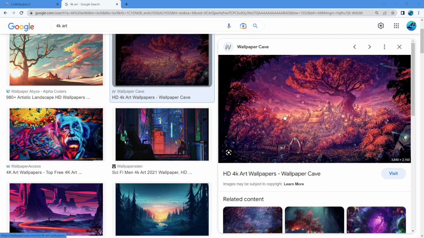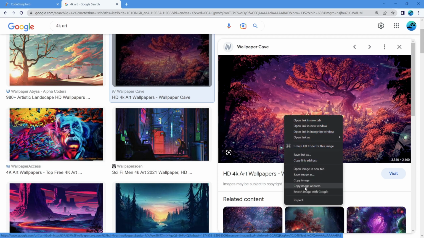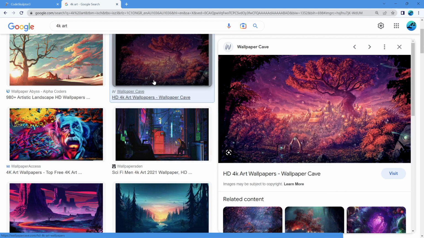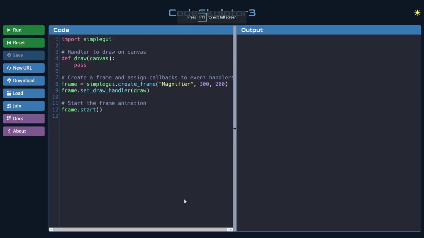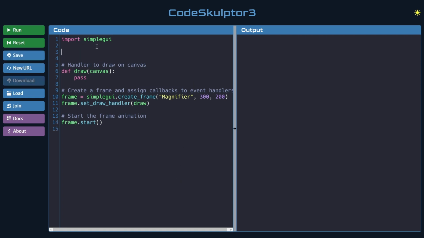So once you've got your image, right click on it and select Copy Image Address. So back over in Code Sculptor, there are 2 steps to getting the image onto the screen. One step is to load the image, the other step is to draw the image. Now the loading of the image happens at the start of the program, and we do that by saving it in a variable. I'm just going to call it image, but you could call it background image or main image or something like that. So I'm going to say image equals simplegui.load_image,